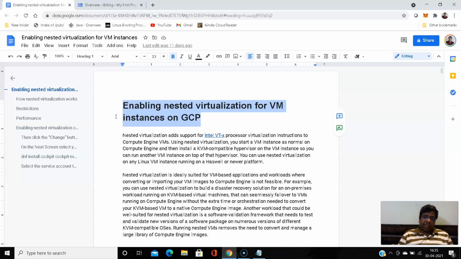You can create multiple instances, and then you can practice any application. Like if you want to set up a Kubernetes cluster, if you want to set up a Linux OS based cluster like Pacemaker, or if you want to set up a Hadoop cluster, if you want to set up a Cloudera based big data cluster,